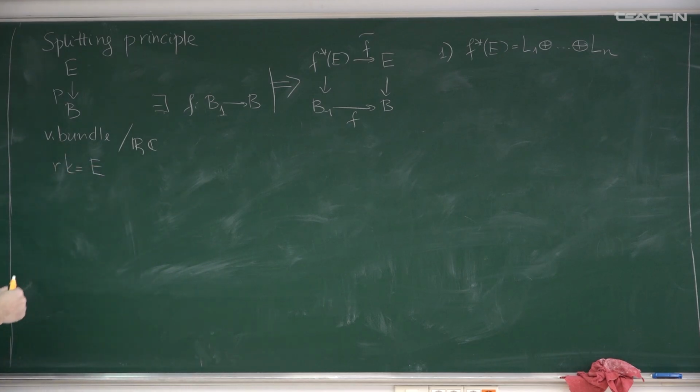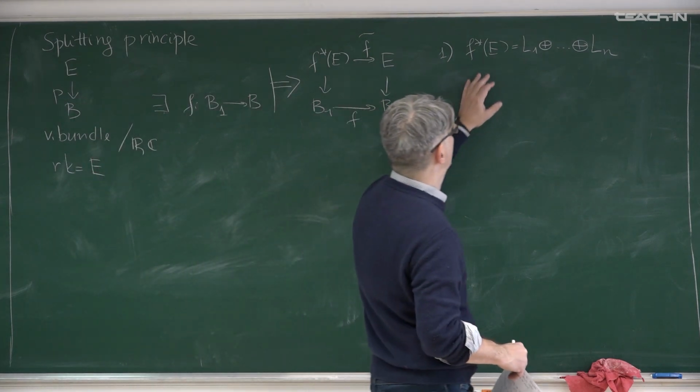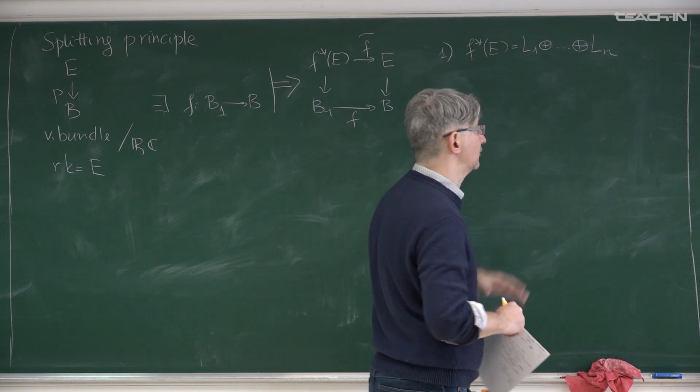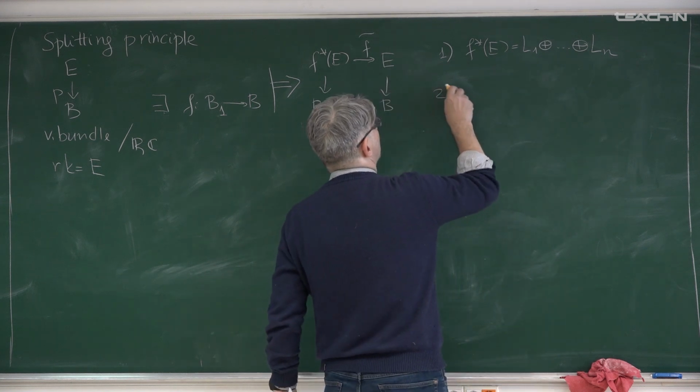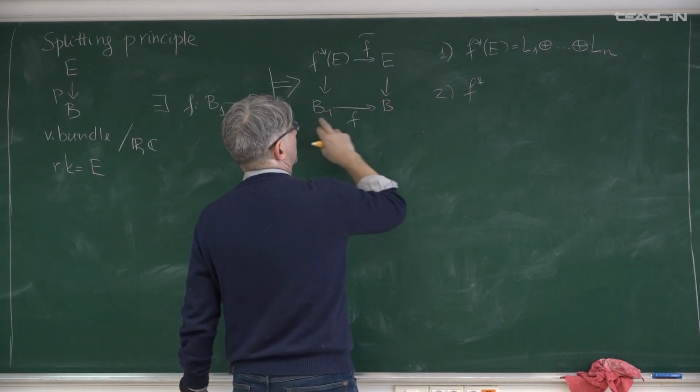So our vector bundle was of rank n, or of dimension n. The trick is to take a pullback over a very specific space B1 such that the pullback is just a Whitney sum of line bundles. And the second statement is very important: if you look at the mapping in cohomology, you will see